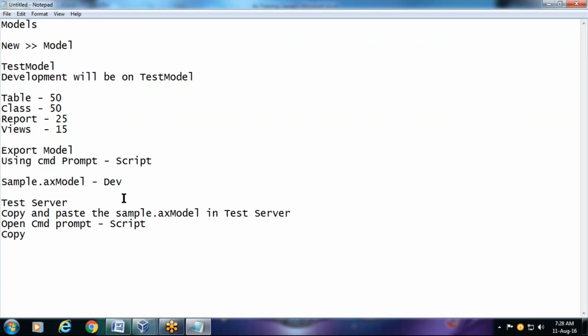Okay, so first before that, what I would like to tell you is a dev machine is something a developer will work on. So you will have your own local machine. You have created a model file and exported a model file in your machine, and you have copied this and pasted it in a test server login. You have entered into a new test server, and in the test server you have pasted this sample ax model. Then you have to open the command prompt and run a script. When you run the script like install AX model, and you will have the script for this,